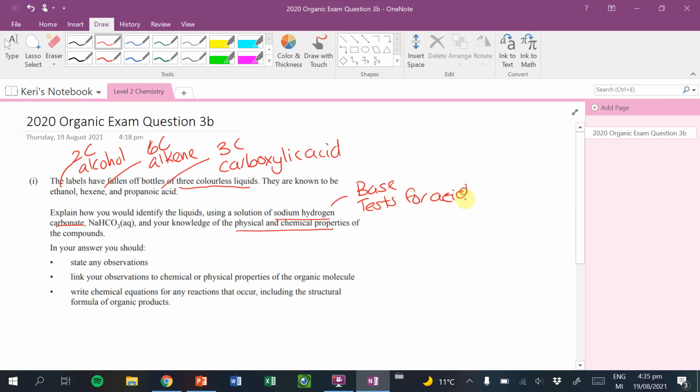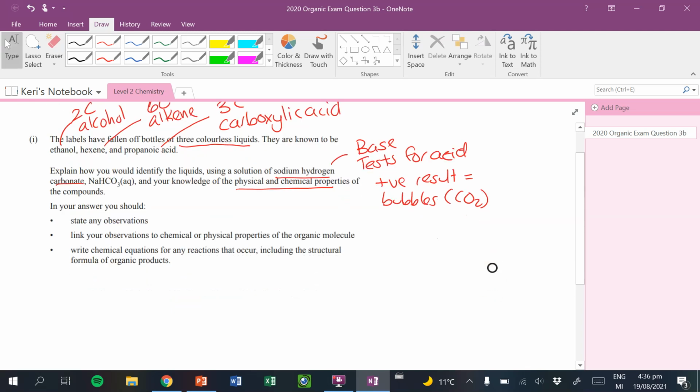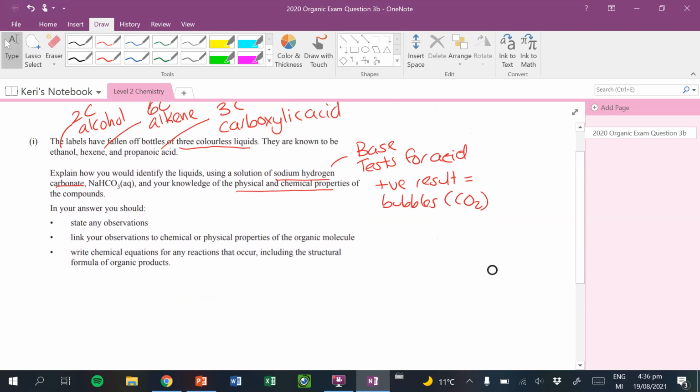And basically, the positive result is bubbles, which is your CO2 gas that's coming off. Basically, the hydrogen carbonate acts as a carbonate. Cool. So, next thing, make sure you pay attention to these bullet points, because you need to answer each one